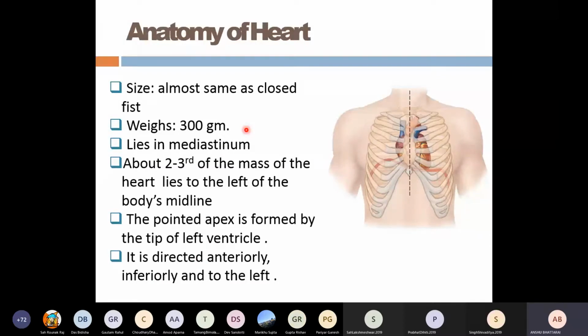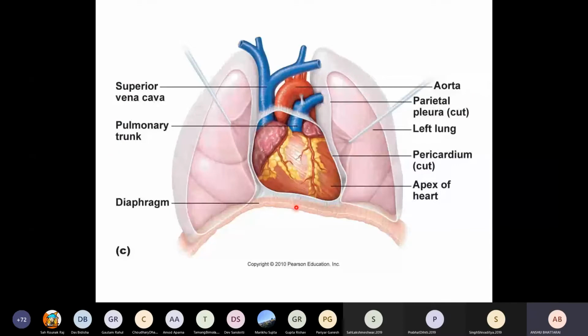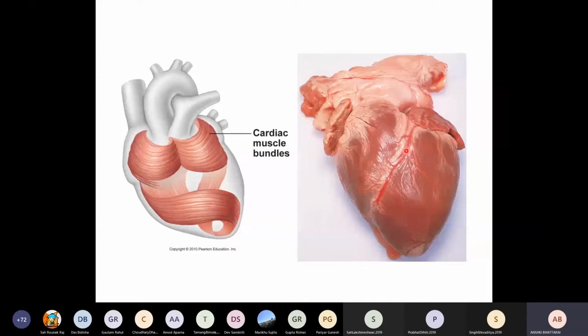This is just one picture to show you how the heart looks. It also has some major blood vessels associated with it, like the aorta, the superior and inferior vena cava, and the pulmonary trunk. So this is how the heart looks. It also has various layers, which we will be talking about. Again, if you were in the anatomy lab, you'd be seeing some kind of structure like this. So this is how it looks.